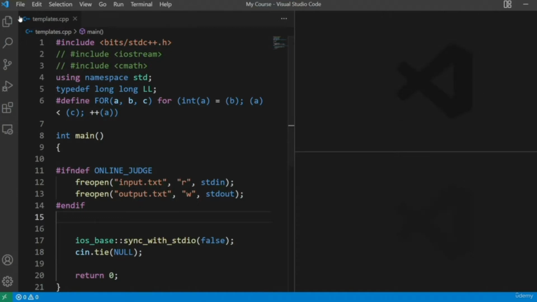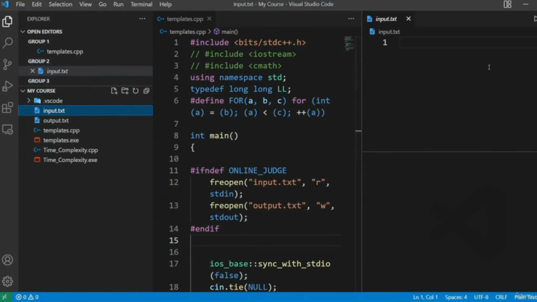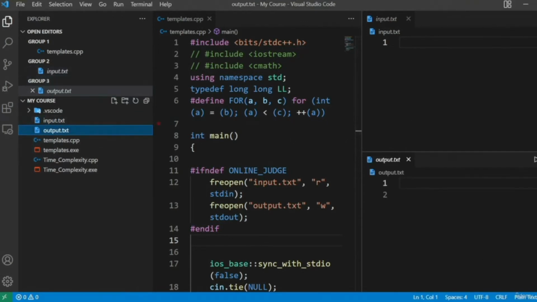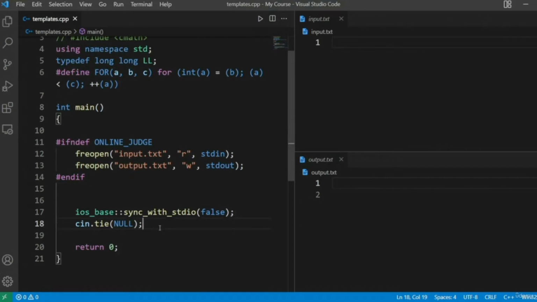Now you have to select this row and put input.txt in this row. You can make this file by clicking on new file. This is just a simple txt file, nothing else. Then click on this row and put the output.txt file in this. Okay, that's it. Now we will run a simple code in which we will take two integers a, b